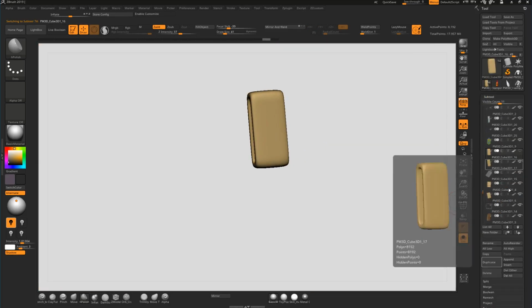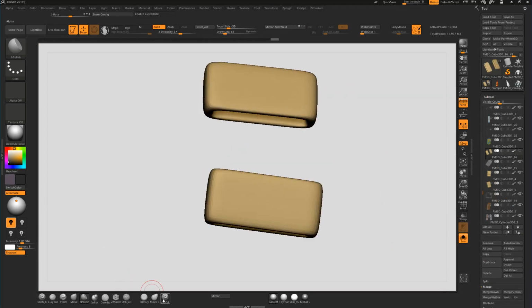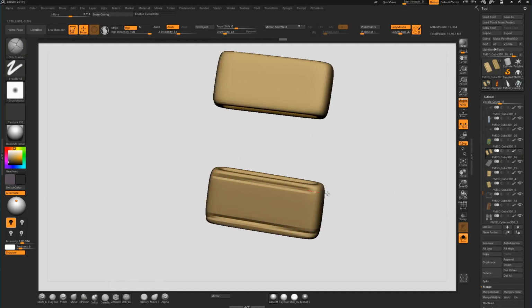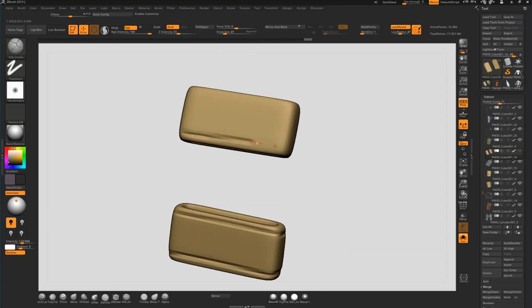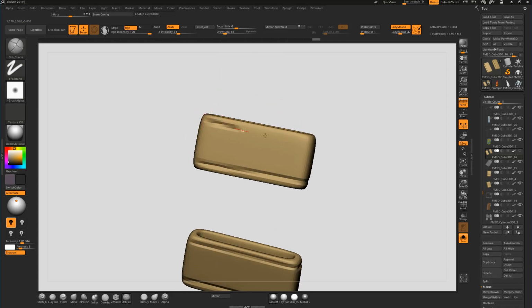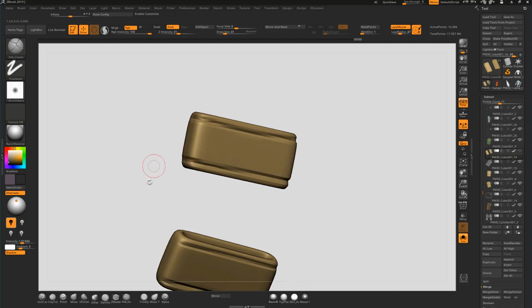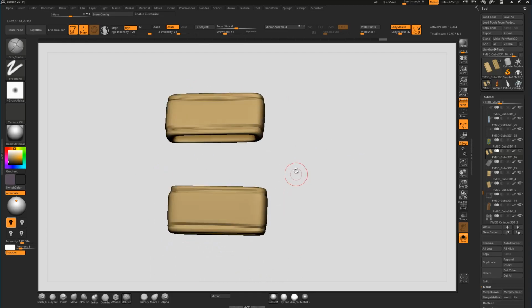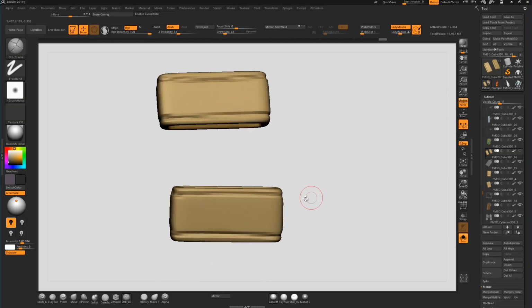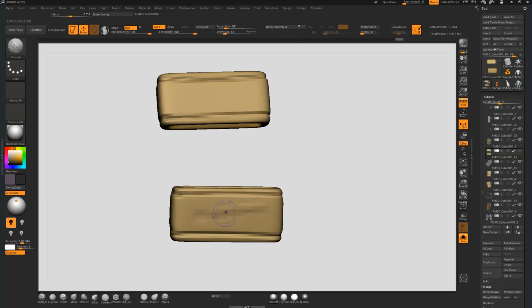I will merge this and the other one, and then I will make those things for them, or crack brush. Do this and do this and do this and do that, and suddenly we're almost done with this upper part, and we are left only with few belts on the knife side of her leg, and I don't know what else except for the hair, of course, but most of the things we have done already, so we have to be proud of ourselves if you are following this tutorial and doing it with me,